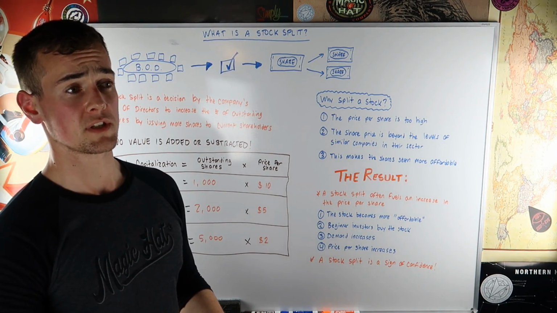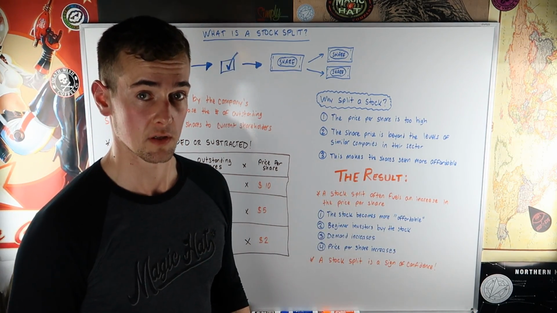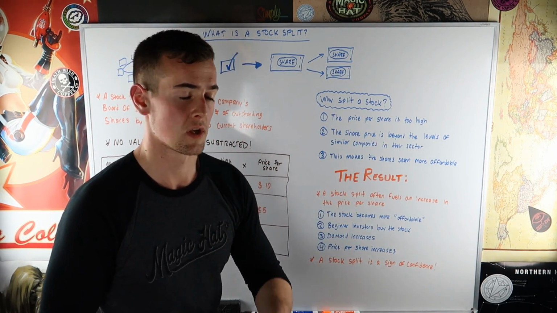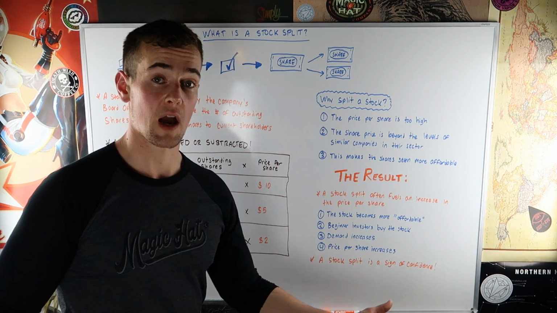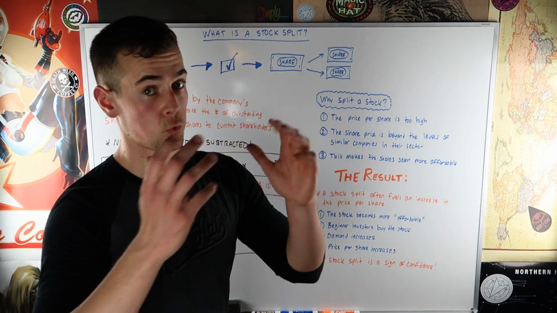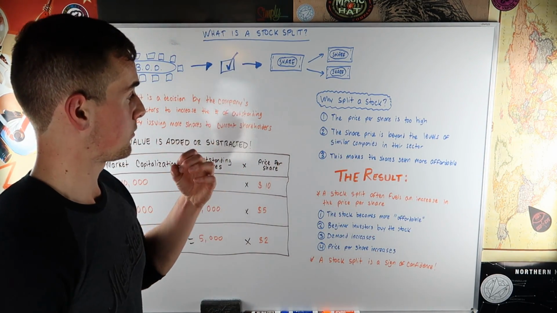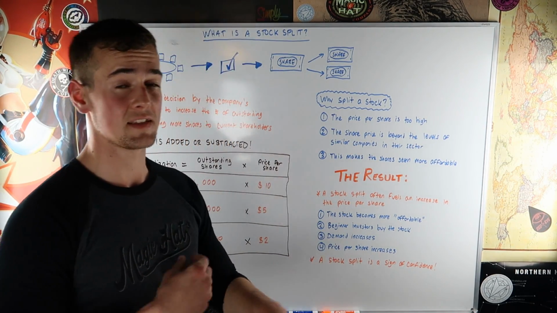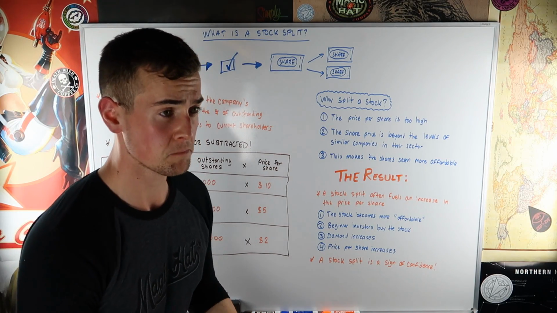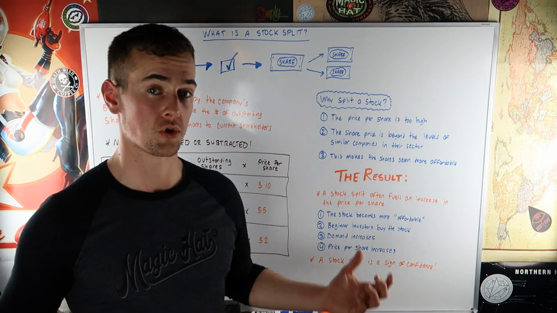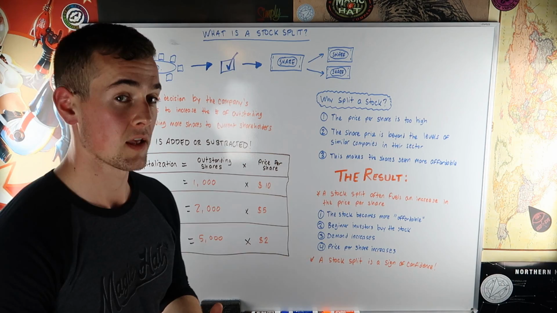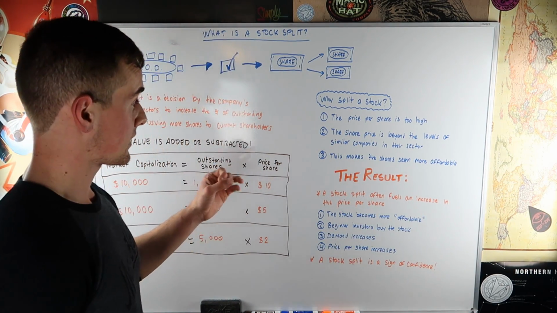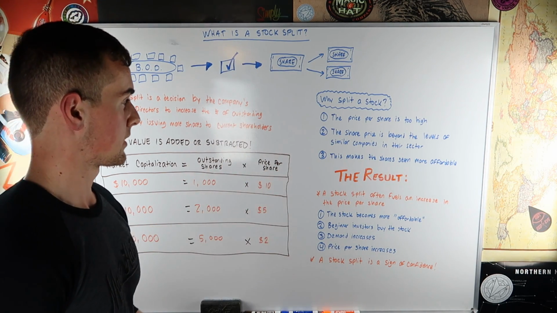But let's just say for numbers' sake that Google actually did a 10-to-1 split, okay? So now a $1,000 share of Google is now $100. So now they look at it and they go, holy crap, now I can get not 2 shares, but 20 shares of Google stock. So you'll see a lot of beginner investors buy into a stock after they do a split because they see it as a cheaper stock to invest in, and they kind of feel better about having more shares of that stock as opposed to saying, okay, I have 2 shares of Google versus saying, oh, I have 20 shares of Google. So that is one of the reasons that they do a stock split.